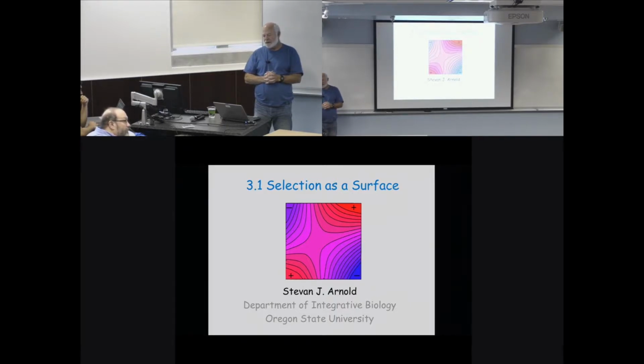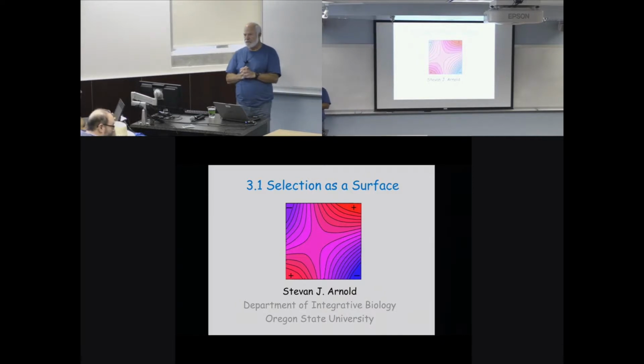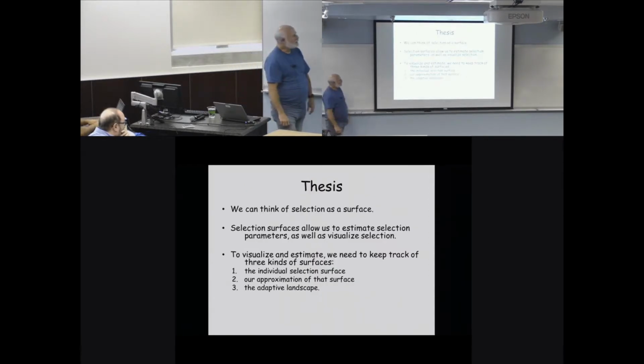The idea of a selection surface like this probably traces mostly to Wright, but the kind of surface we're talking about in which the dimensions of the surface are some trait dimension, that's something that Simpson thought about and wrote a lot about in 1944 and 1954 in his books, Tempo and Mode and the Major Features of Evolution. And it's that Simpsonian concept of a selection surface in trait measurement space that Lande in particular translated into the kind of surface view that we're going to talk about today. And in particular, that view of adaptive landscapes. Okay, but so much for history. There's a little bit of it in the notes, but we're going to focus on